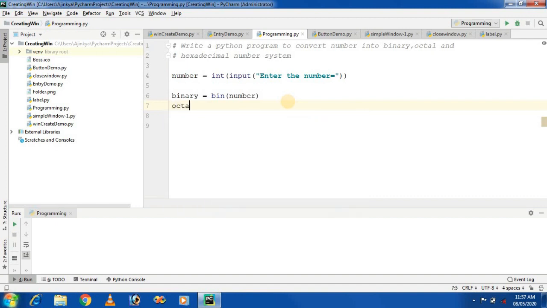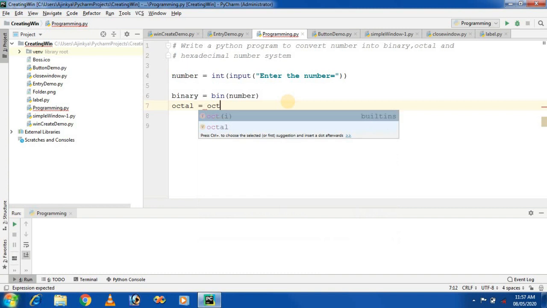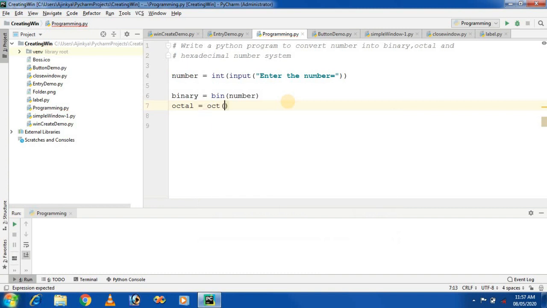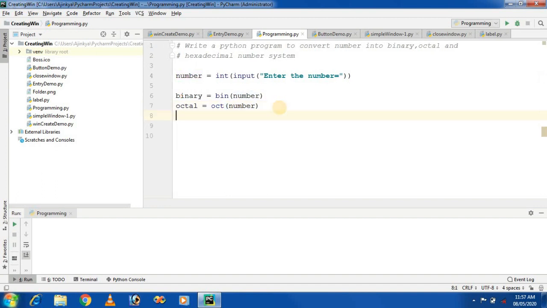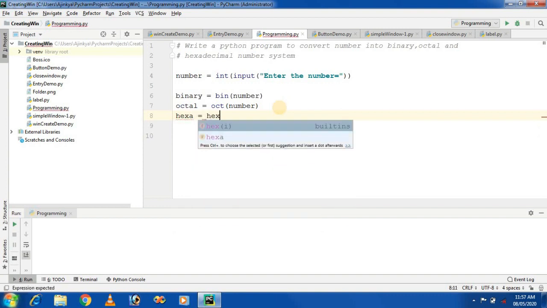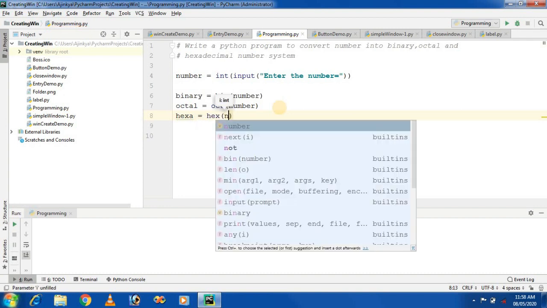So I am taking the next variable called octal, and there is a function called oct, and it takes a number. And the last one, to convert a number into hexadecimal, I am taking a variable hexa, and there is a predefined function called hex, which takes a number.